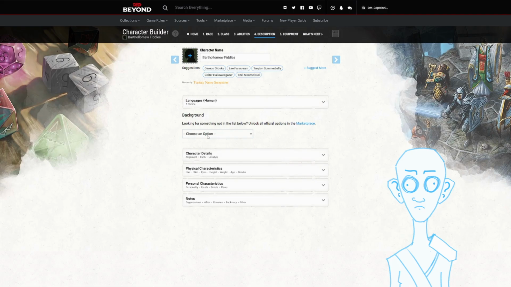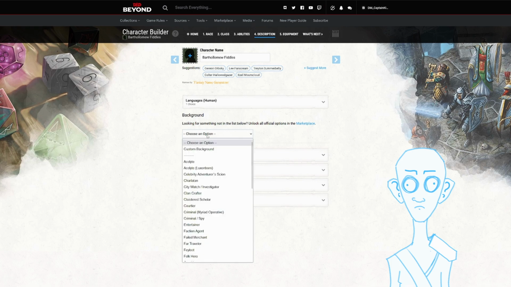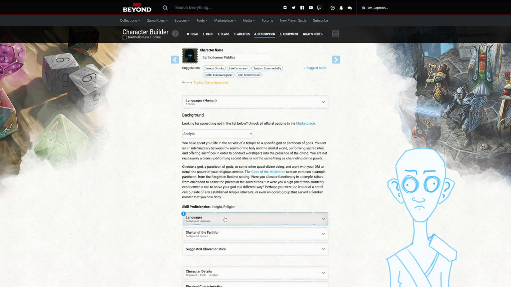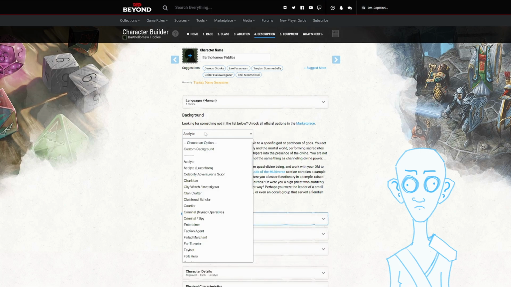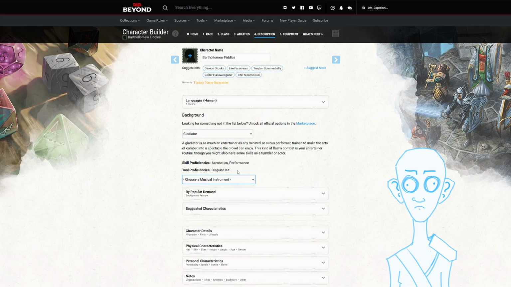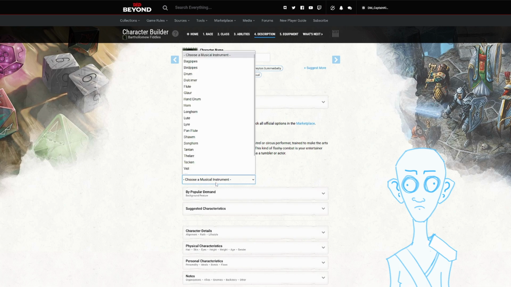So next up is your character background. Now this determines your character's origins, or where they spent their early life. You'll see you get a bunch of different options, and if you click on each one, they will give you a bit of background as well as different skill proficiencies that you'll get with it. So for our barbarian, let's make him a gladiator. So you see he gets extra skill proficiencies in acrobatics and performance, and you get to choose, depending on your background, you may get different things from different languages or skills. This one gives us